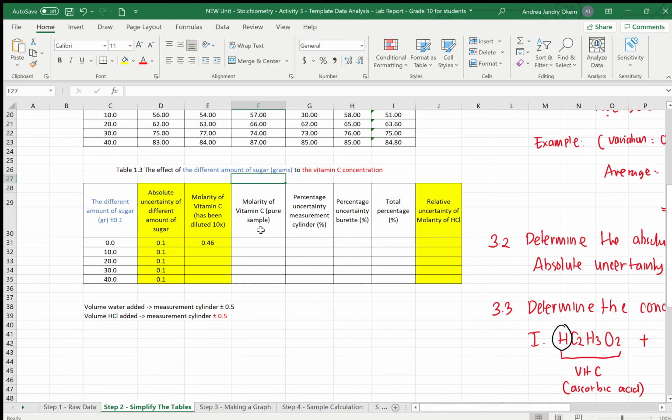Now, because the pure sample, oh, wait a minute. We can just go to the corner and then drag, and it will produce all the molarity. So without you calculating manually, you can produce all of them automatically.